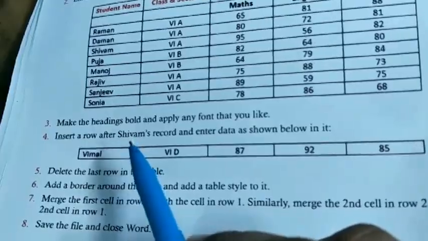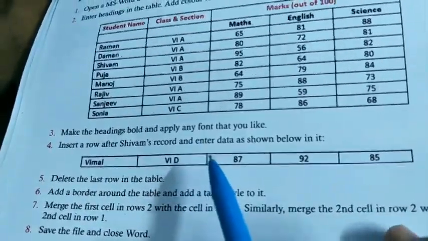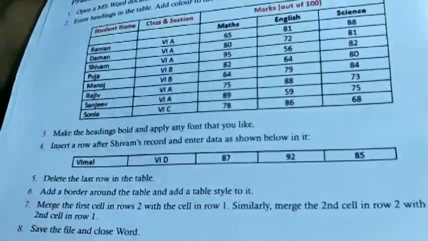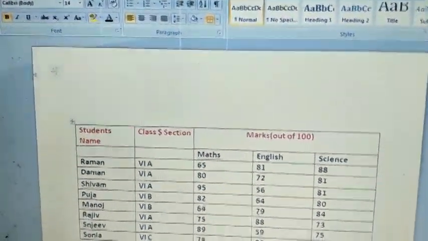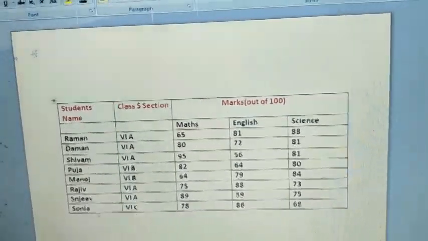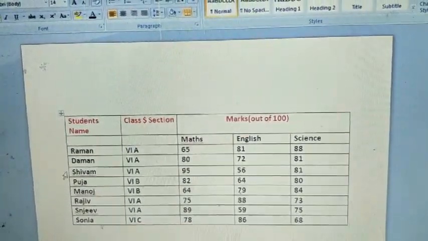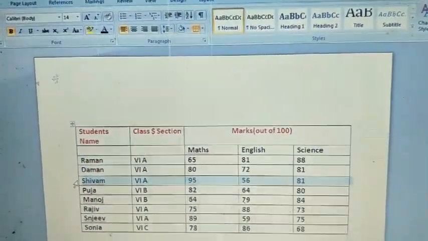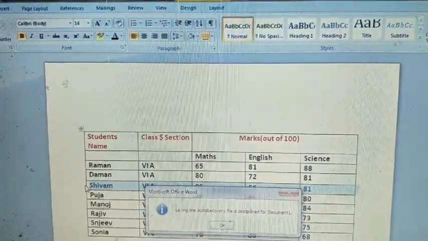Insert a row after CM records and enter data as shown below in it. Means you have to insert a new record after CM. So first you will select that row.